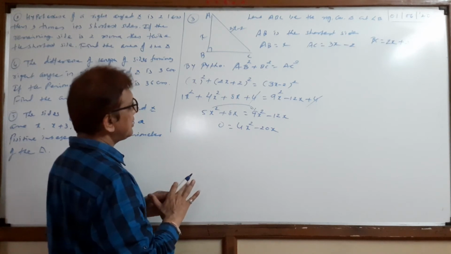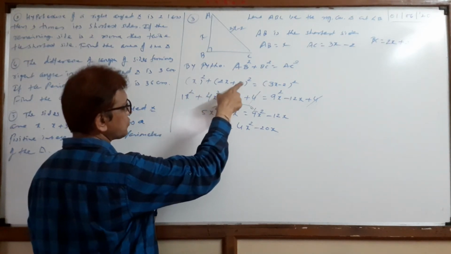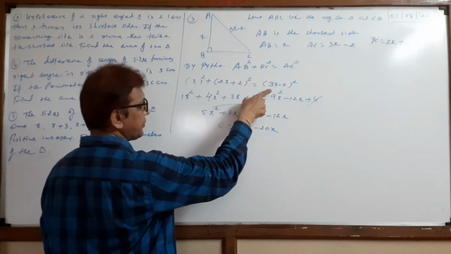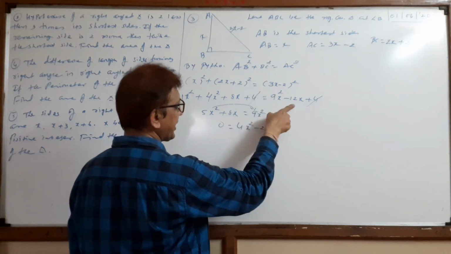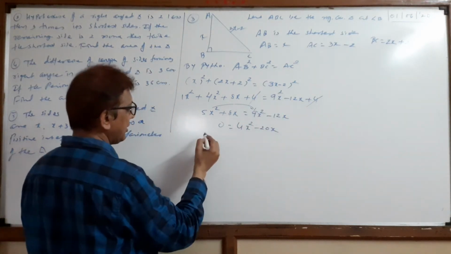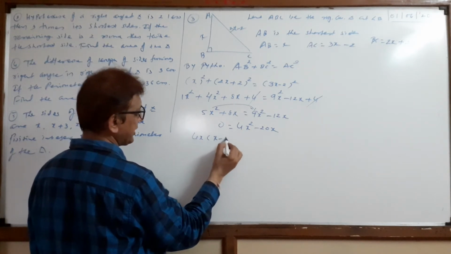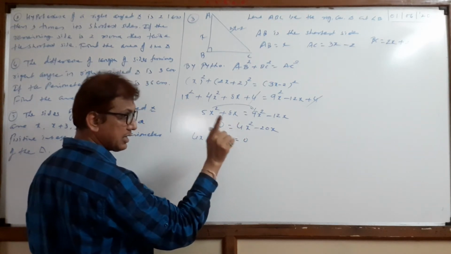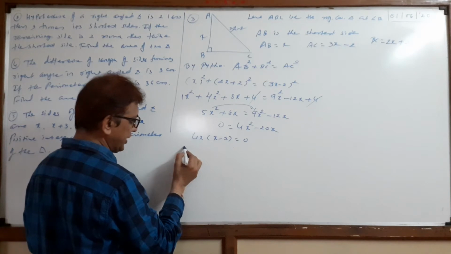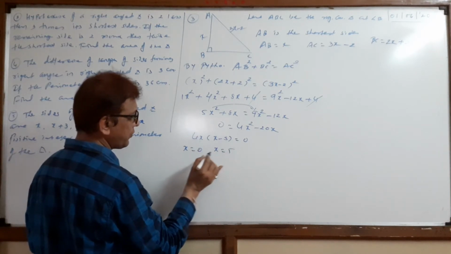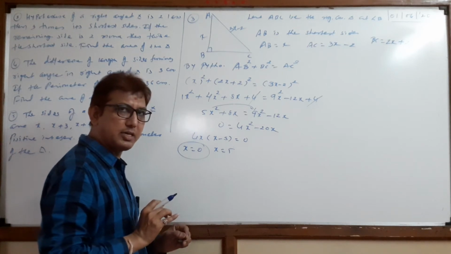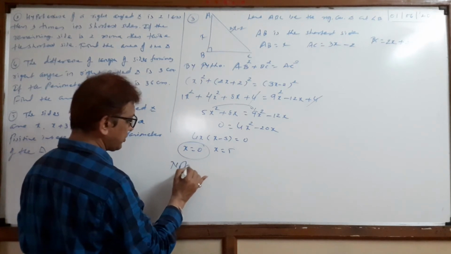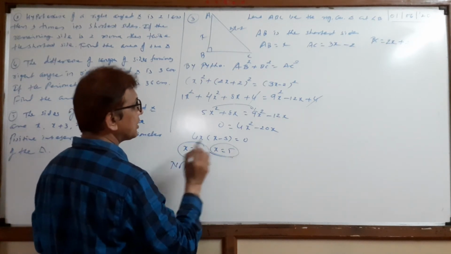Clear? Is that clear? Again, x whole square, (2x plus 2) whole square, that is 4x square, 2 times 2 is 4, 4 times 2 is 8x, 2 square is 4. 3x square is 9x square, 12x and 2 square is 4. Okay? Now 4x is common, so 4x into (x minus 5) equal to 0. Now 4 is in the denominator, 0 divided by any number, answer 0. So two possibilities, x equal to 0 and x equal to 5. Here x equal to 0 is not possible because length of the triangle can never be 0. Clear? So here we write not possible. Okay? So x equal to 5.